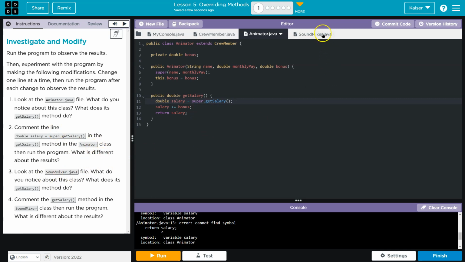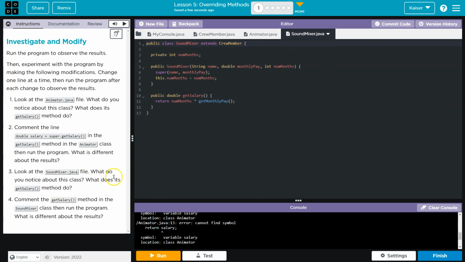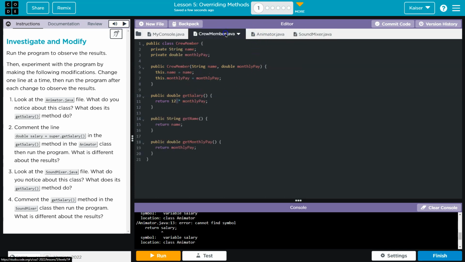So now let's look at the soundmixer.java. What do you notice about this class? What does getSalary do? GetSalary here, well, it just returns the number of months times getMonthly pay. Number of months is passed here. What's getMonthly pay? I assume it's up here. Yep, and there's